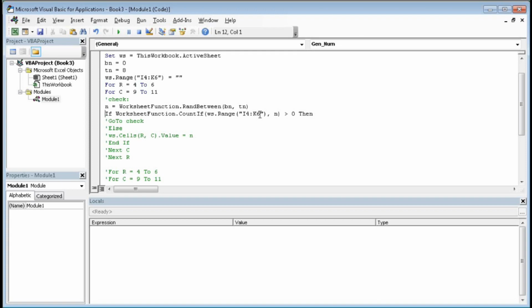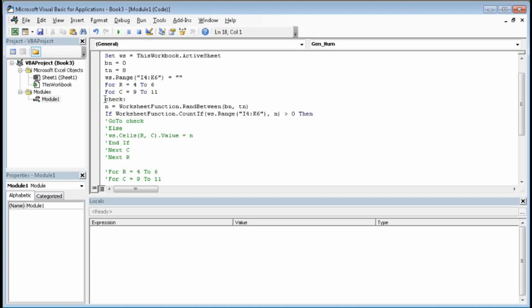So we will not take this number, we will shuffle the number again. For that reason I have written here GoTo check. So it will again go here and change the number for n value, and again it will check, and if again it gets the result of CountIf greater than 0, then it will again go to check, and if we get a 0 value, then it will keep the number.